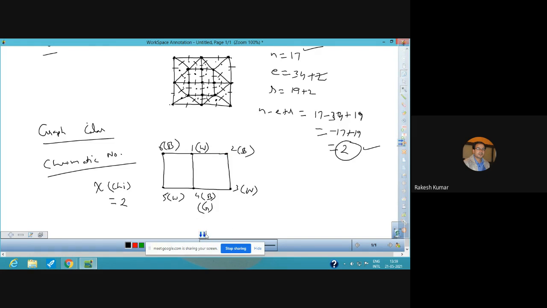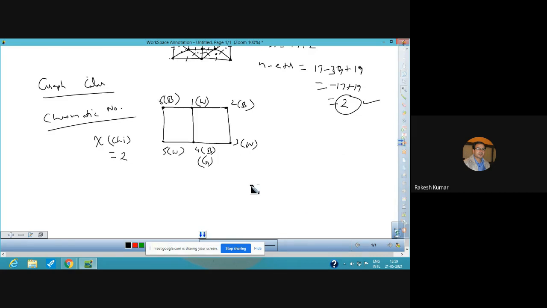So this is the way of finding out the chromatic number. But अगर edges ज़्यादा होंगे तो number of colors भी ज़्यादा चाहिए होंगे. Just see. Suppose we have this graph again. So this is vertex 1, 2, 3, 4, 5, 6, and there is an edge also. So vertex 2 has been connected by the help of an edge.